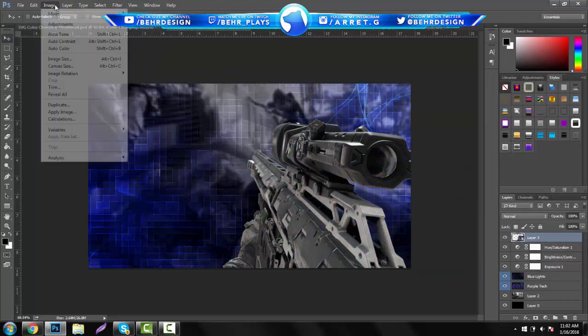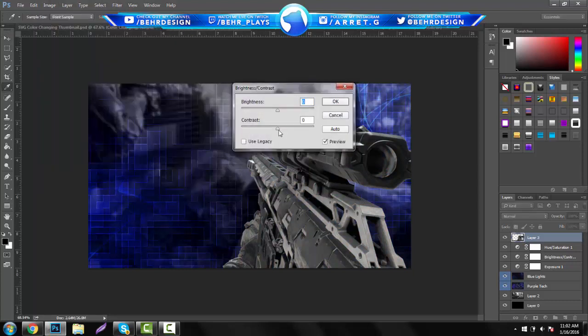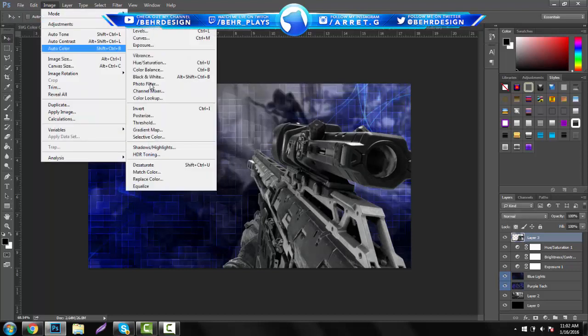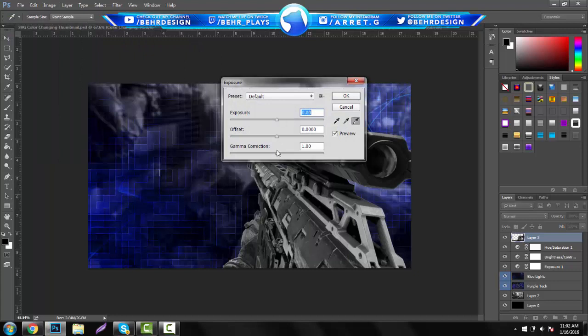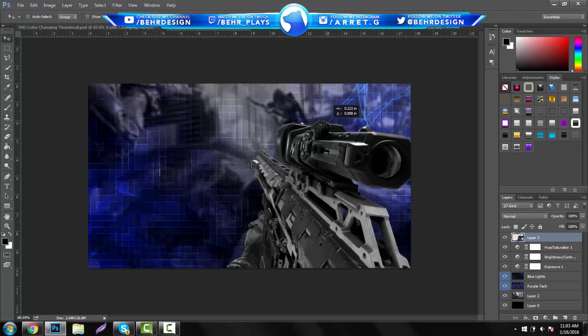There's other stuff you can do if you want to go to image adjustments and then just walk around into here, put some contrast in it, just make it a little darker to blend in a little better. So you can put that on. You can put a little more exposure just because you don't want it to be too bright, just right there. So you can put this, say, right here, with the left side meeting the middle,